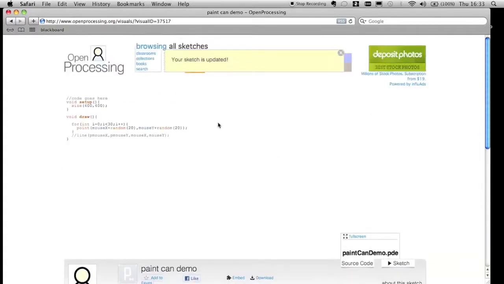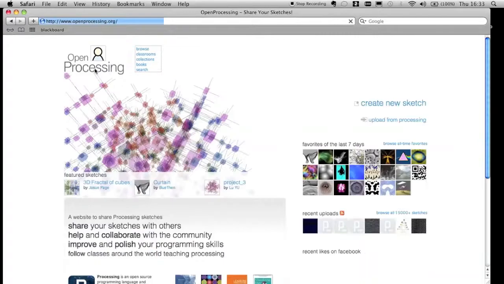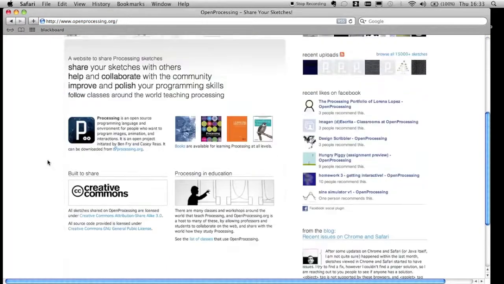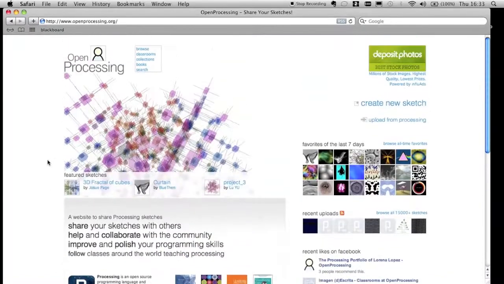So now what we need to do, we've uploaded it, it's visible, people can see it on Open Processing, but we need to put it into the classroom, because we've got a space on Open Processing for just us to collect our work. So if we click on Classrooms up here,